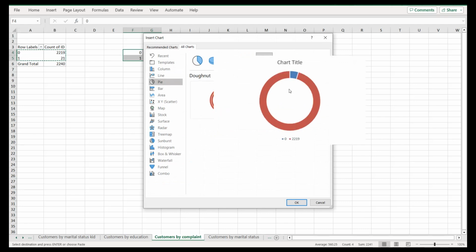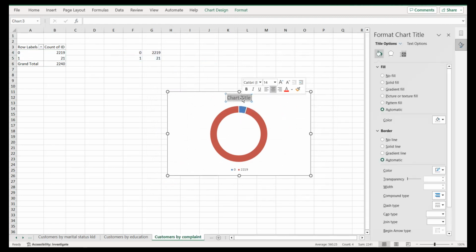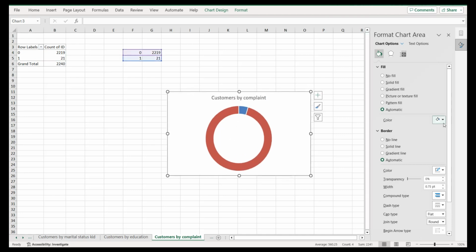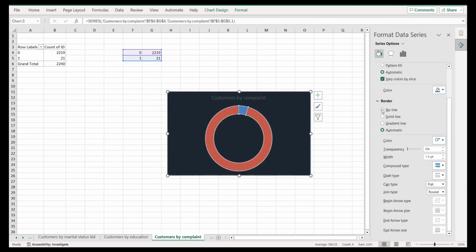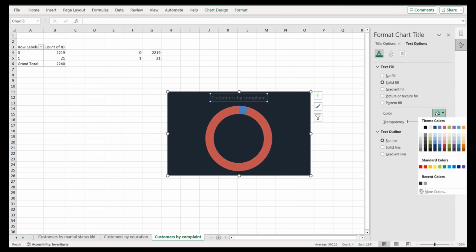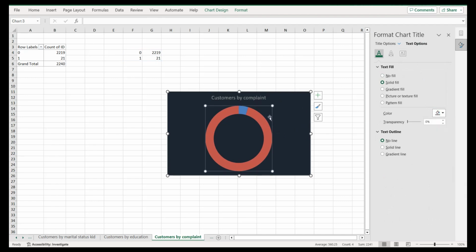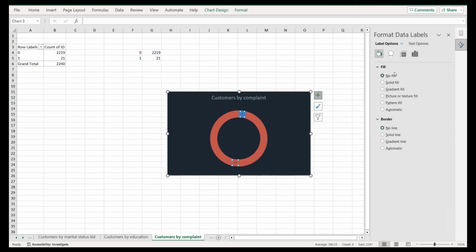we add our chart. Okay, now change the title, we remove the legend, color same as the dashboard, no line for the border, text same. Okay, now we add the labels. So there are labels, more options. Here we select category name, percentage,